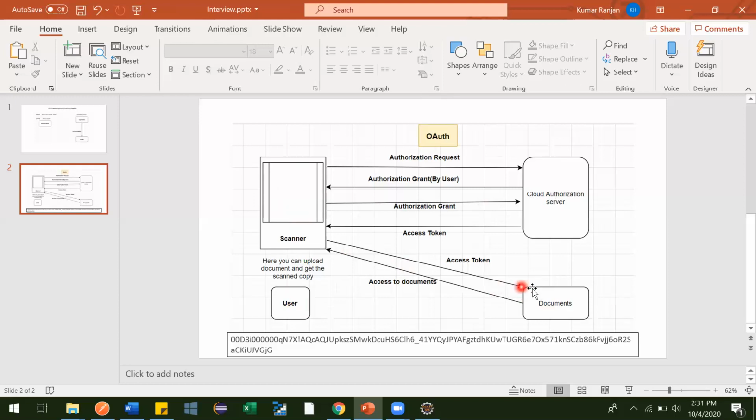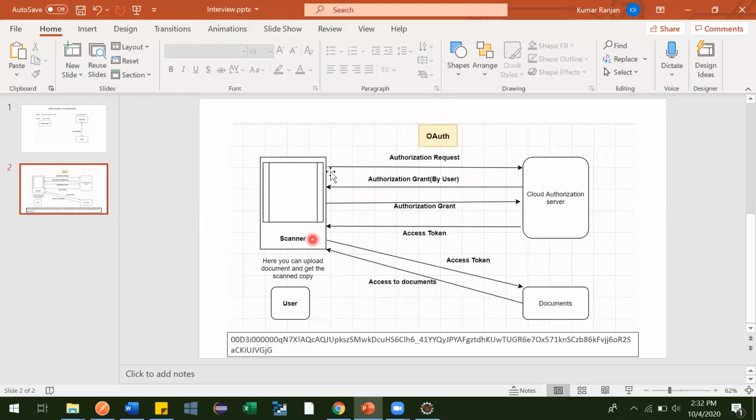It could delete, override the documents, or update a few details. But this user's work was just to provide read access, so that it can scan those documents and generate a PDF or send it to someone after scanning. That's why this user has given only read permission.